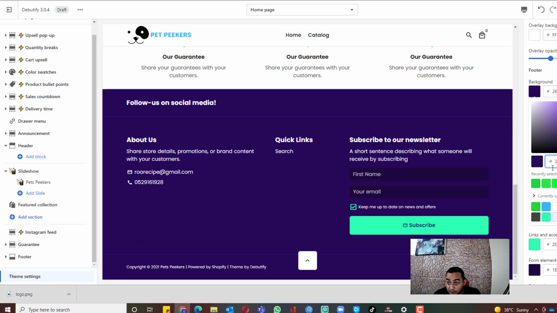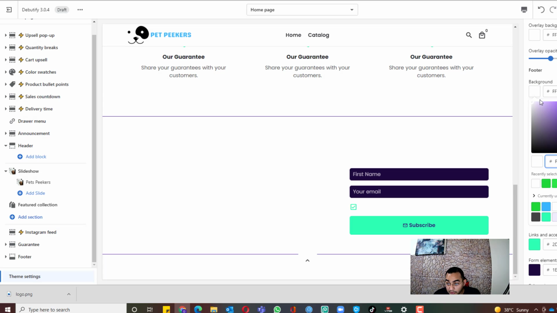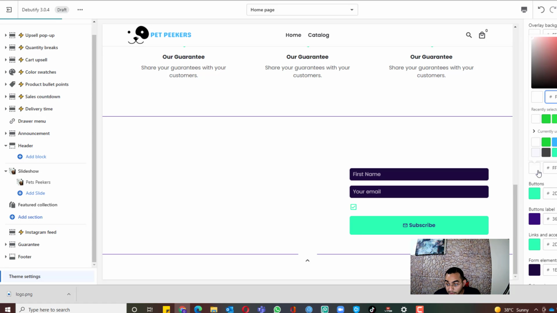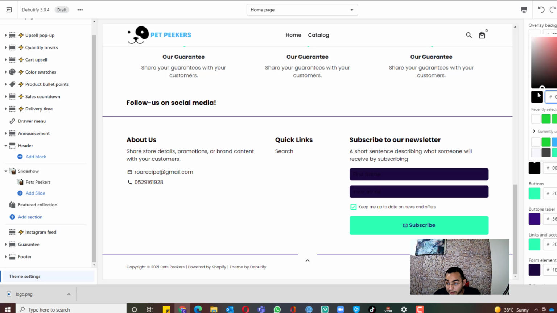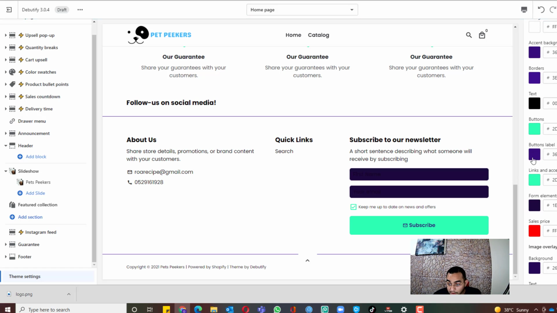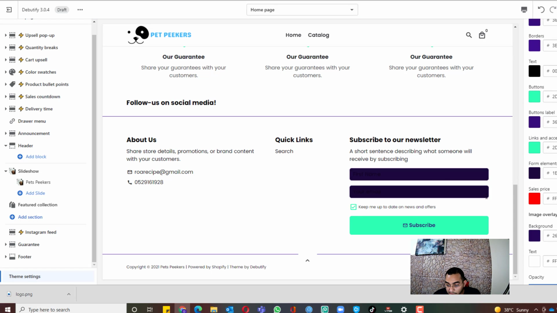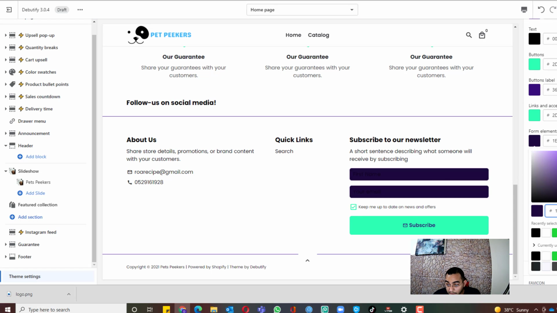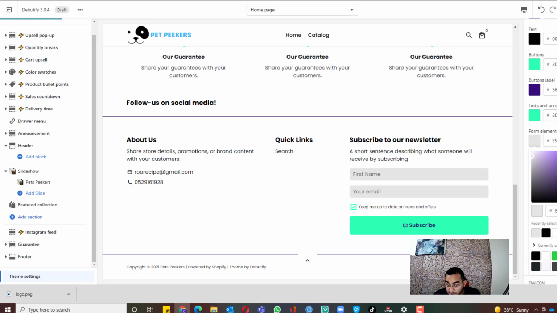We can make it all white, so to sort of have a clean look. All right, but you want to select the text to be black so that you can see it here. Perfect. And we have the forms, it doesn't look really nice here, so we can change it up here with the light gray, for example. Yep, that looks good. Okay,